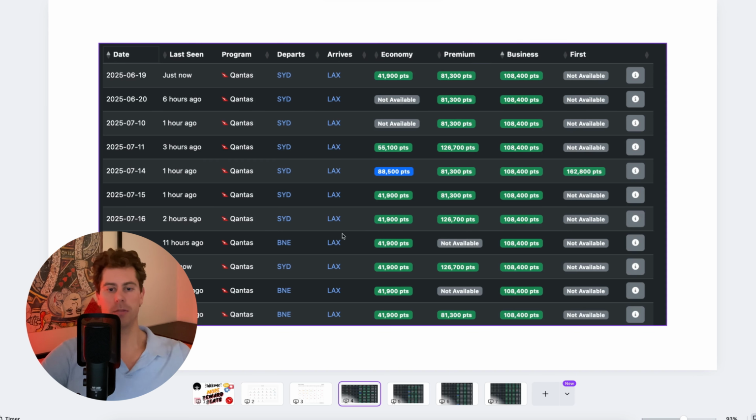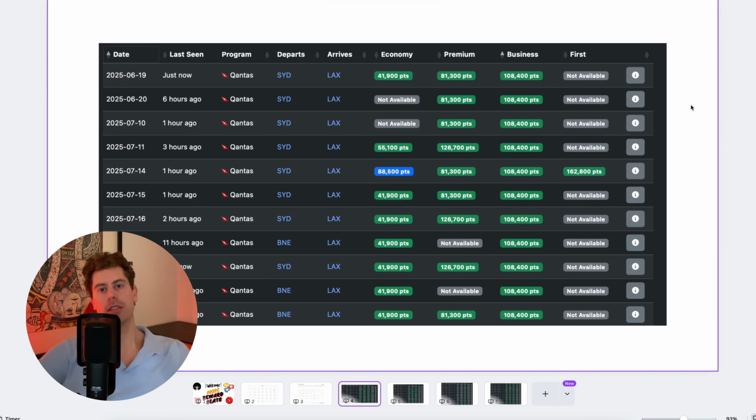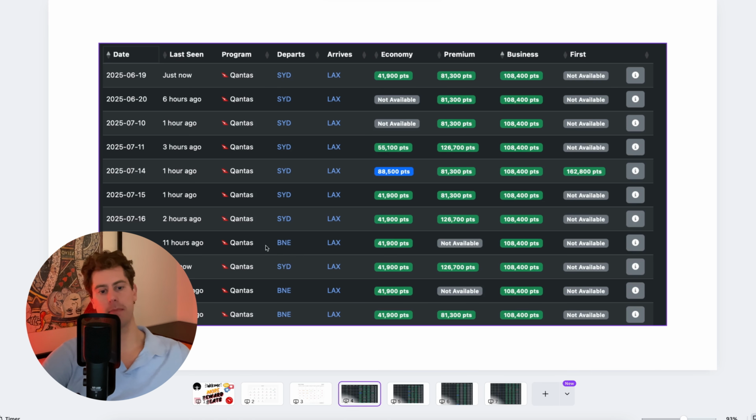I've only got limited flights showing here just because that's all that could fit in the screen capture. But you can see here that we have increased the amount of reward flights to Los Angeles that have appeared. There's one here on the 12th flying from Brisbane that there otherwise wouldn't have been flying from Sydney. So just by getting slightly creative and changing our departing city from Australia into Los Angeles, we can create more